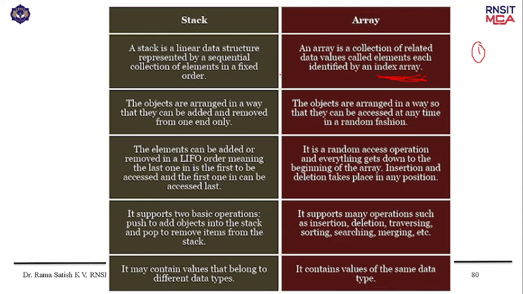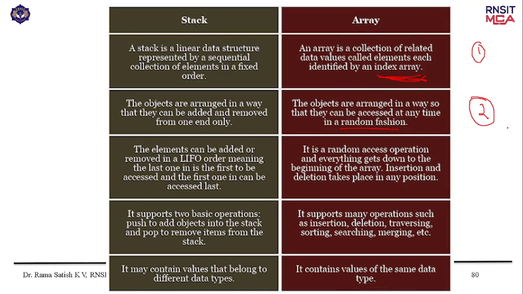A stack is a linear data structure that is represented by a sequential collection of elements in a fixed order. So of course there is an order which is fixed. And the second point with respect to arrays is that the objects are arranged in a way such that they can be accessed anytime in a random fashion. Very, very important. Randomly. Array of 0 you can access, array of 10 you can access directly. There is no